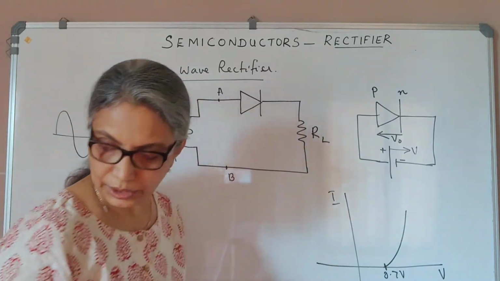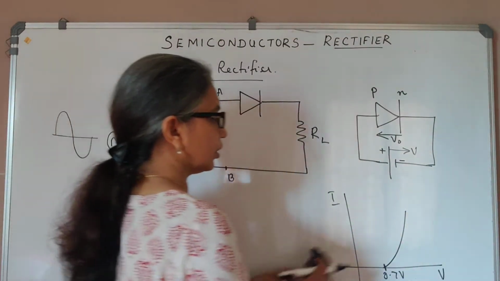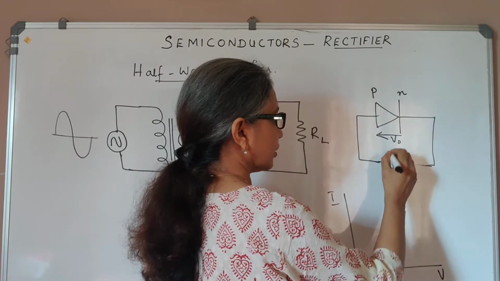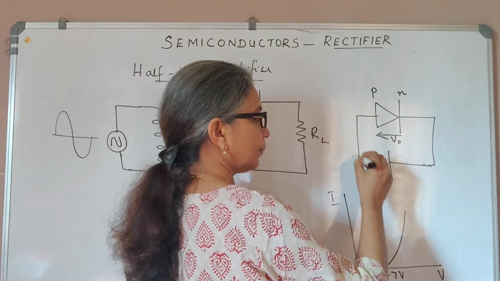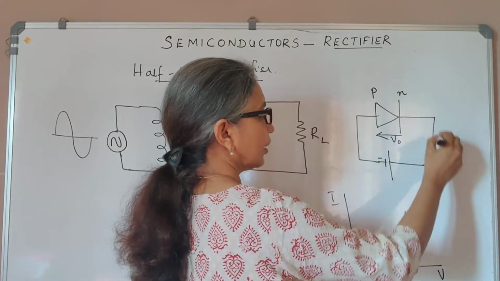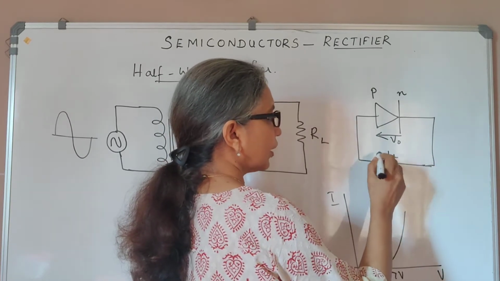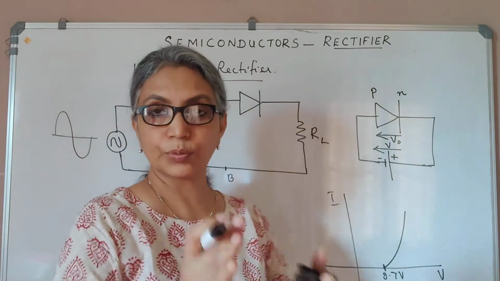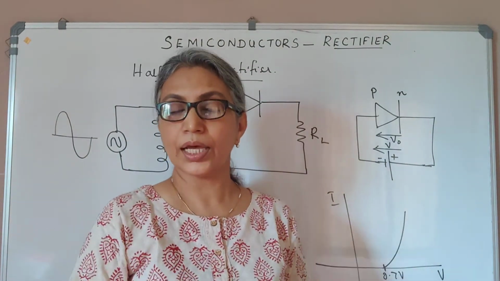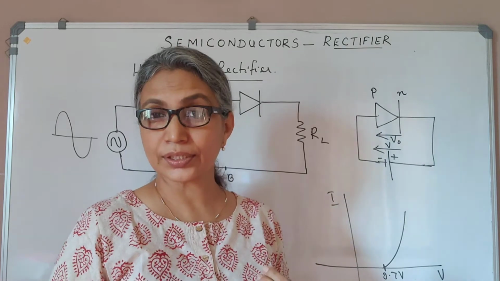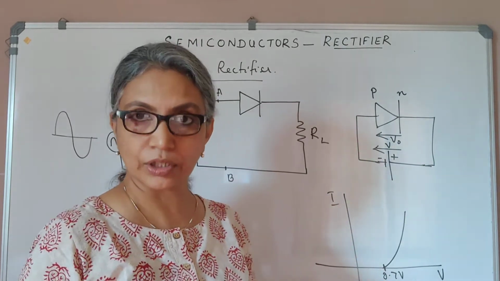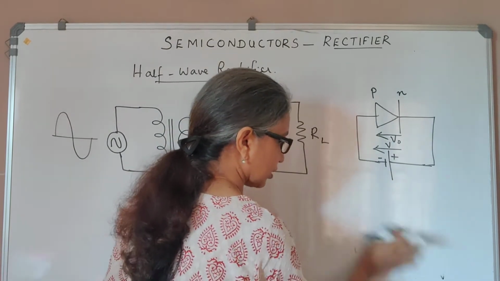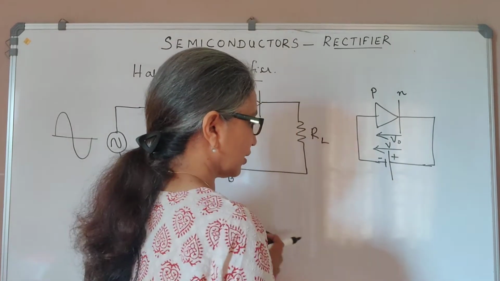On the other hand, if you connect the terminals of the battery in the opposite direction, that is, you connect the P type to the negative and the N type to the positive terminal, then the applied voltage is in the same direction as the potential barrier. Because of this, the potential barrier becomes wider, and you only have a very small current across the junction due to minority carriers, and that current is what you call the drift current. It's an extremely small saturation current.